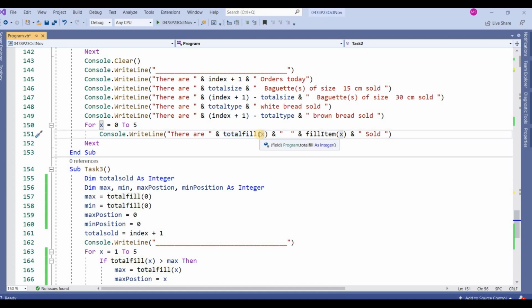What it means is, whatever the value is in x is total fill, meaning the first value that is in order, how many sold. Okay, then second value, how many sold. Okay, I will show you this.